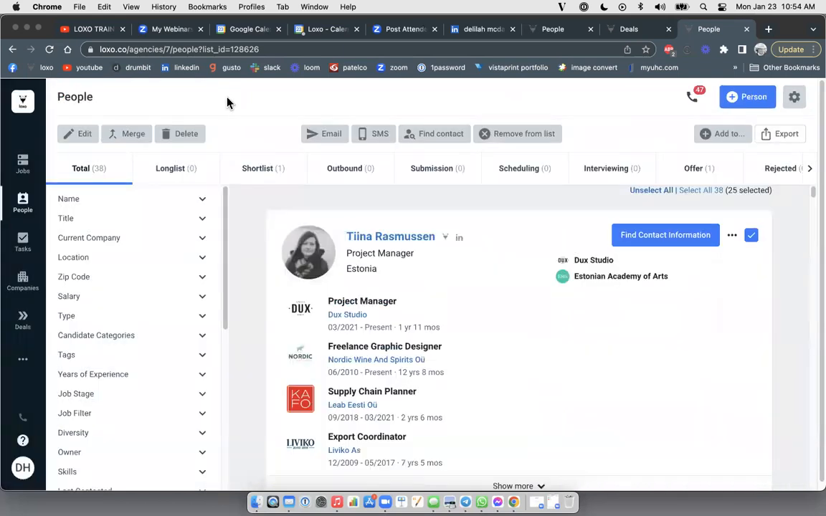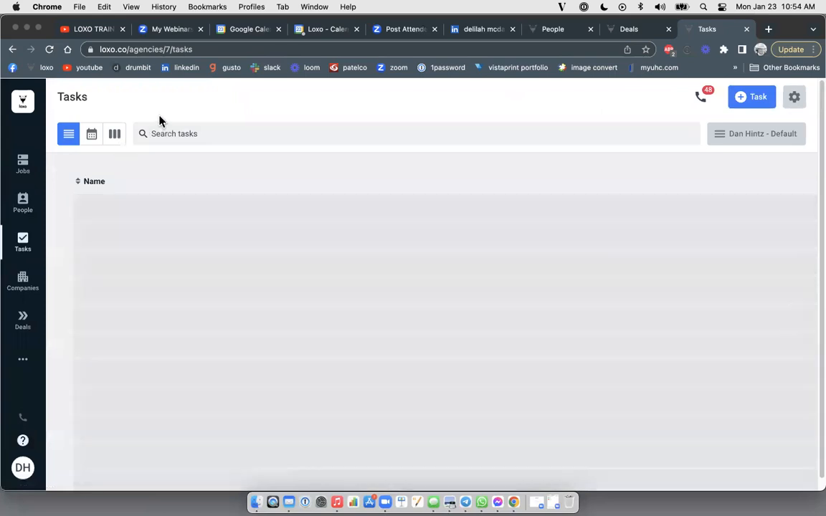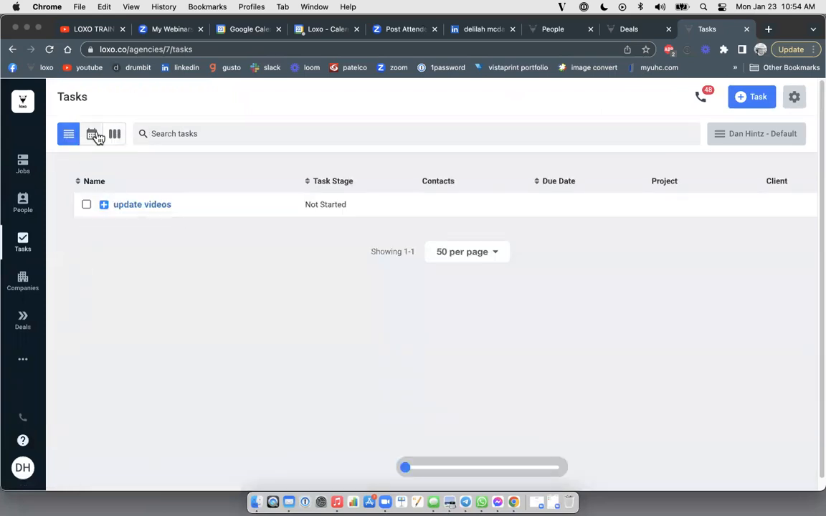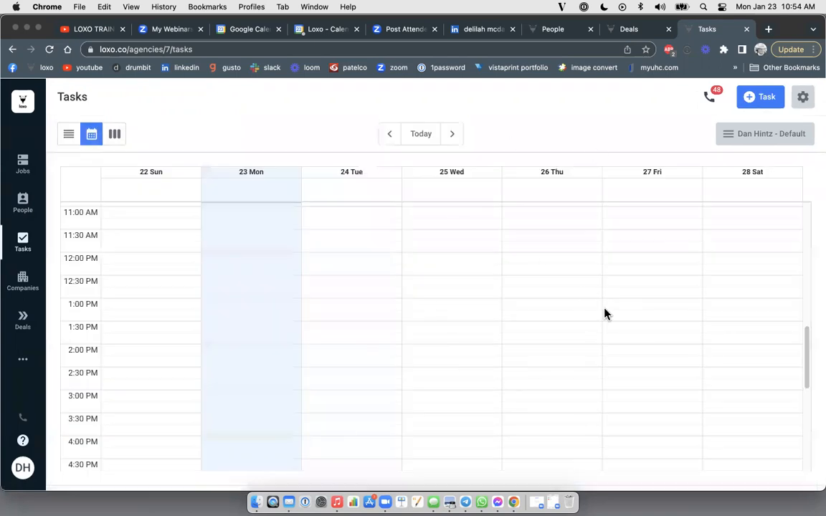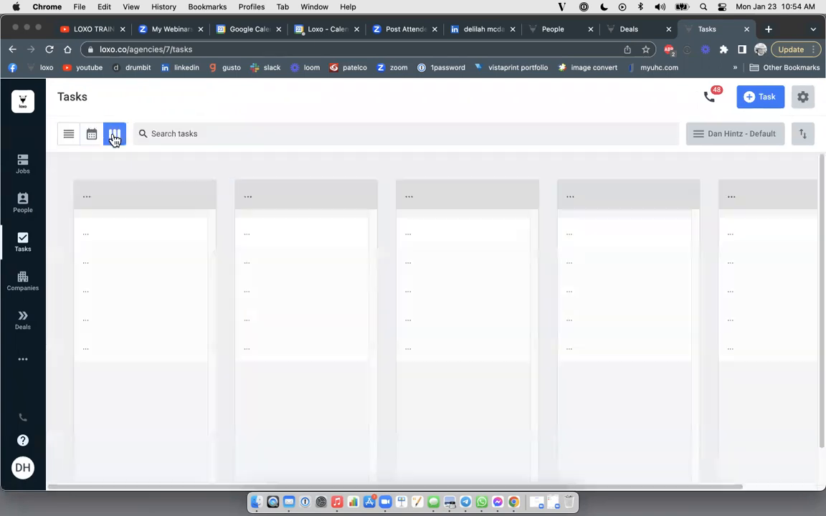Okay, now the last thing I want to cover before we let you guys go, and we're almost out of time, is tasks. And I think you guys know this, but on the task tab, first of all, you have a choice of how you view your tasks. You can view them in a list, you can view them on your calendar, and again, we can push this out to your calendar, or you can view your